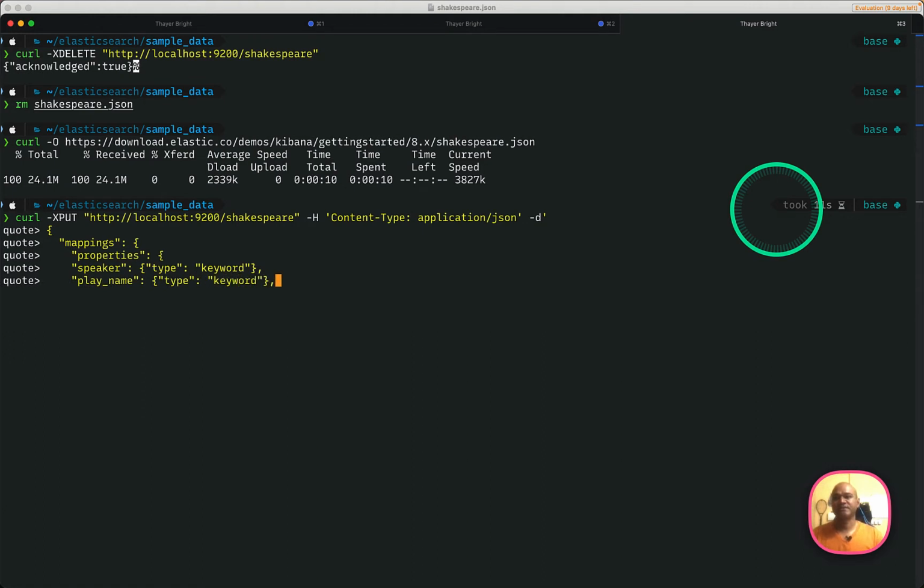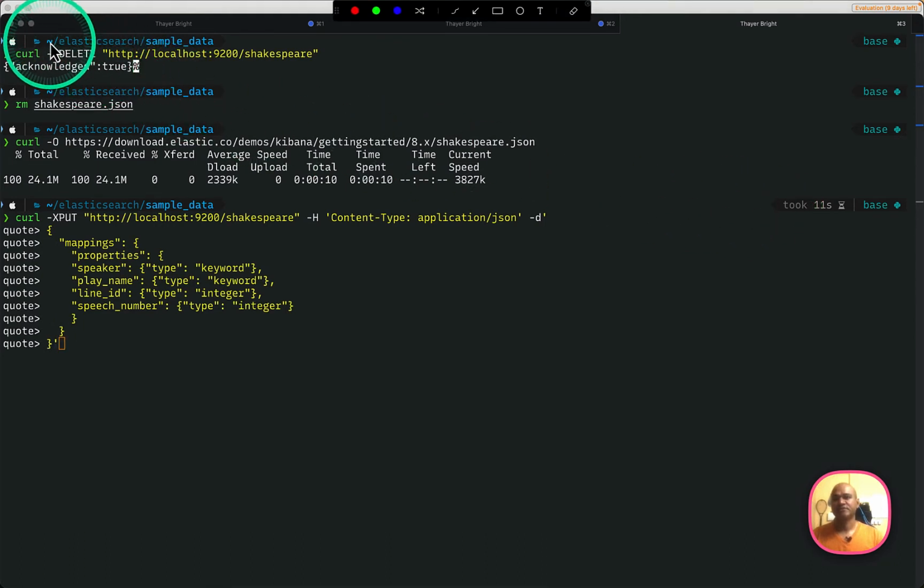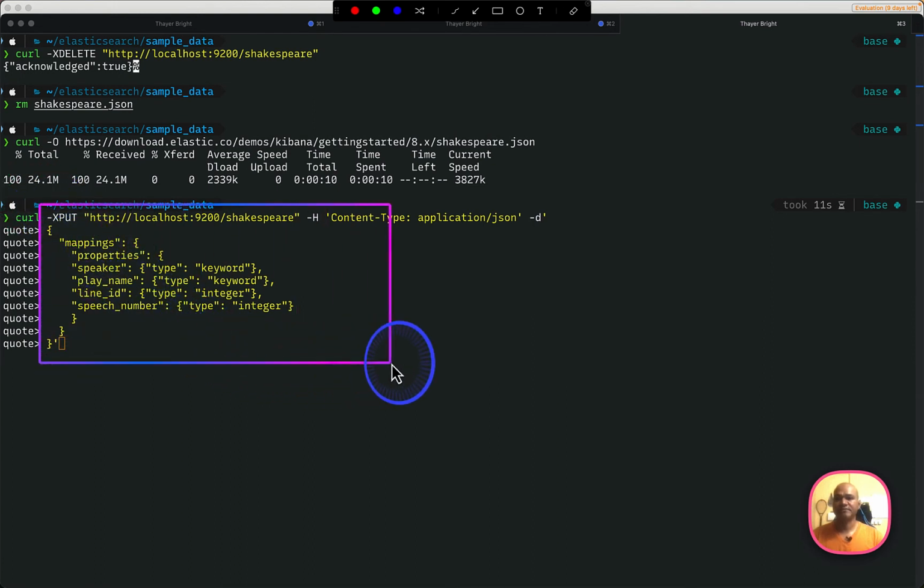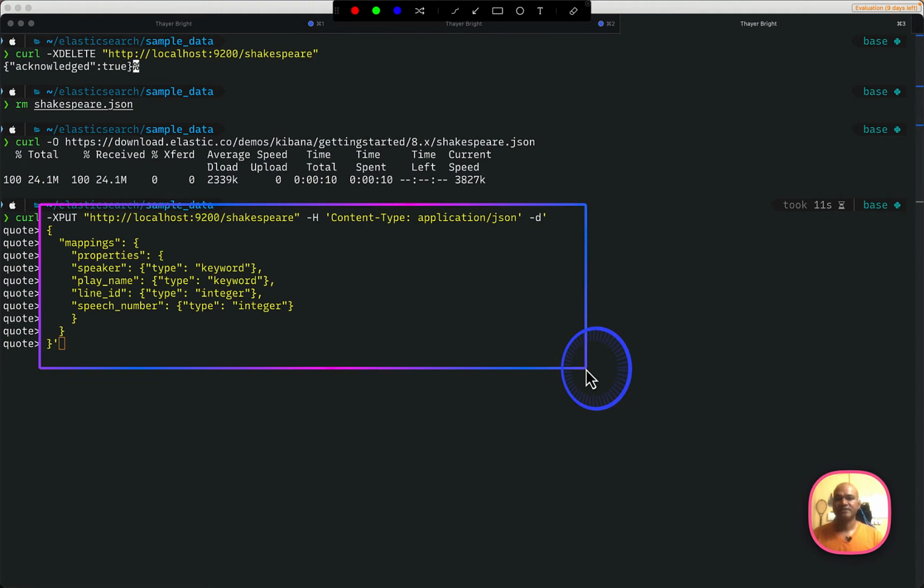As you would have seen, I deleted the index in my first command, and then I'm creating it. I'll just walk you through. First I deleted that Shakespeare index, then I downloaded the file, and now I'm creating that Shakespeare index with the mapping. Mapping is basically a schema. So this particular